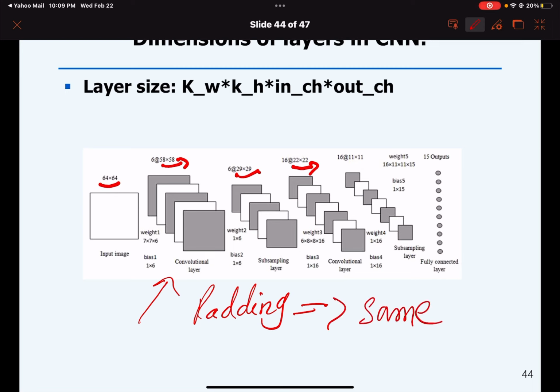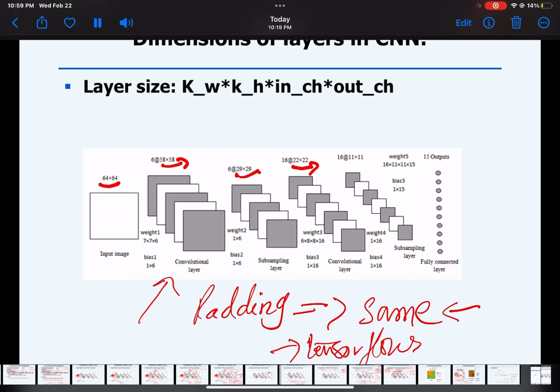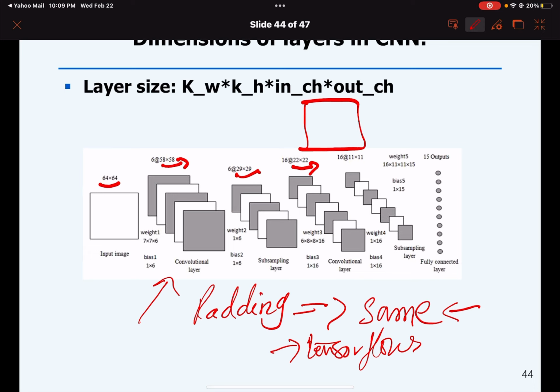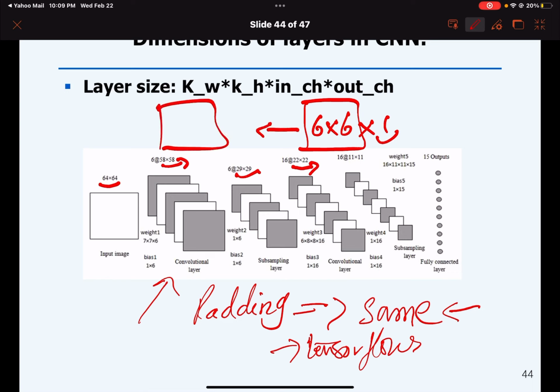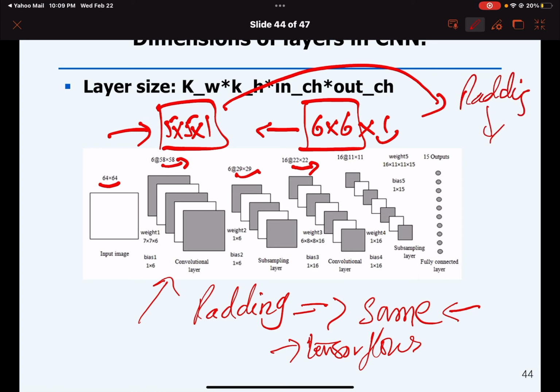If it is same and you are using some libraries in TensorFlow or Keras. So if we keep it same, for example, the size of the image is 6 cross 6 cross 1, that means only one channel, and we have a kernel size this. So we add the padding so that